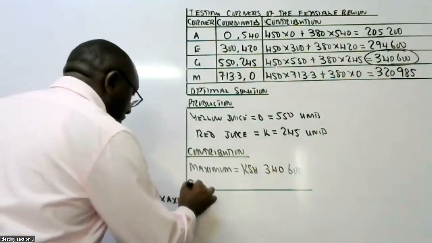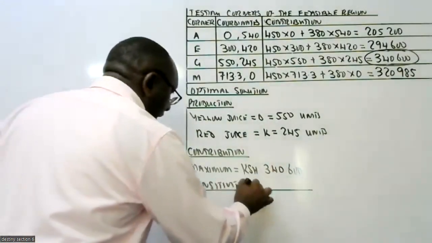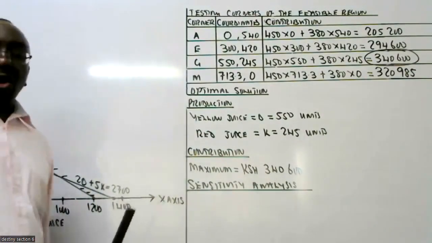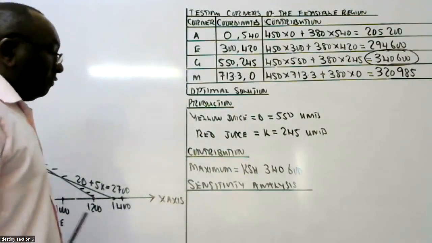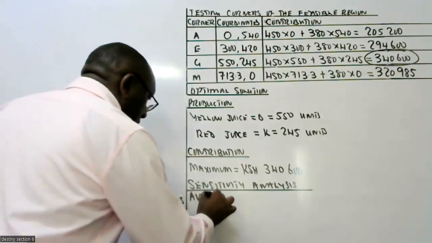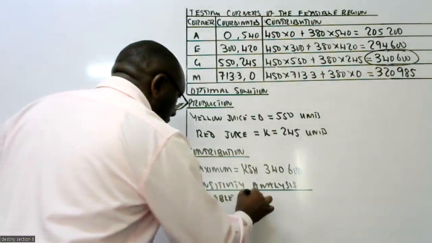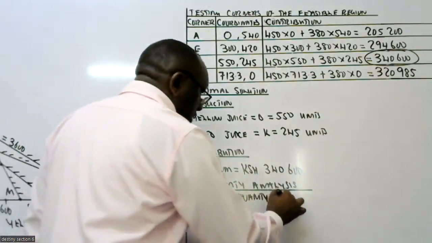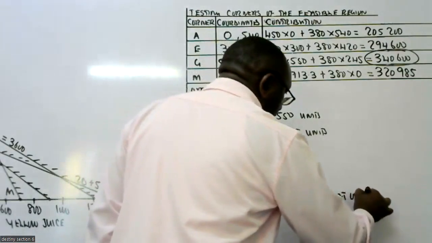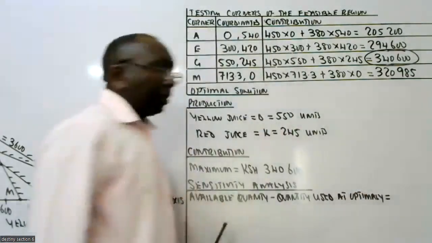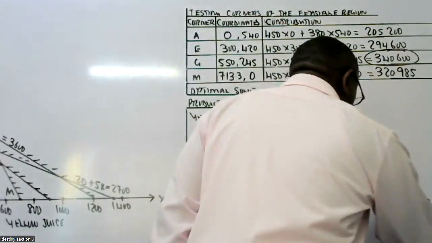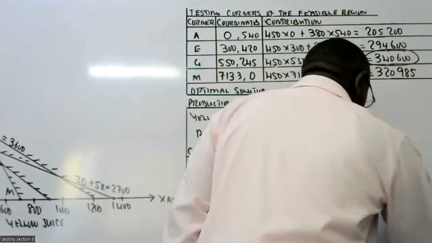So this is part of what we call sensitivity analysis. Now, when we talk of the slack or the variable, we start with the available quantity minus the quantity used at optimality. Now this one will be slack if it is positive